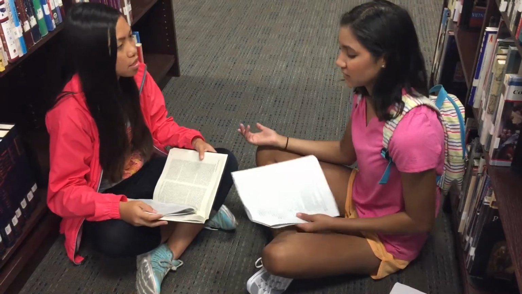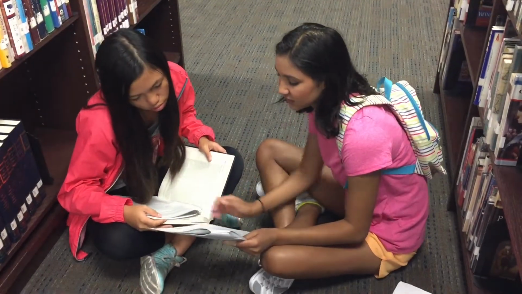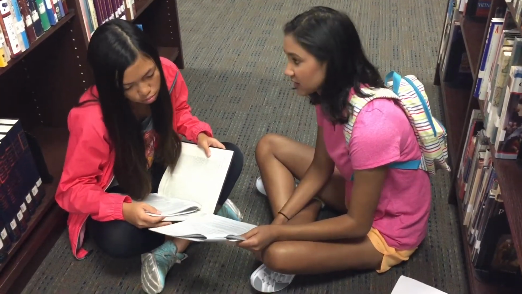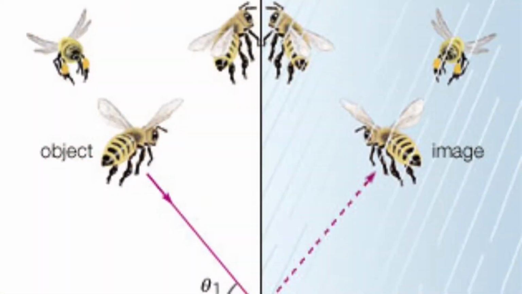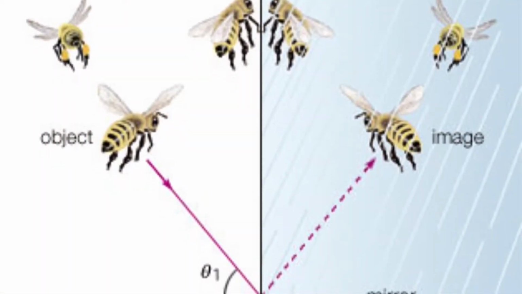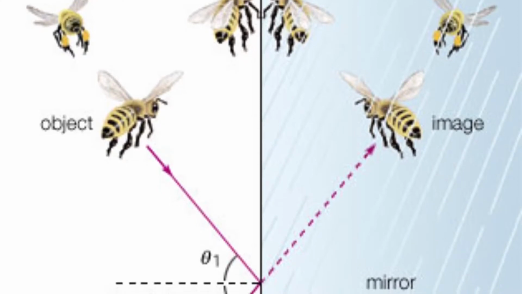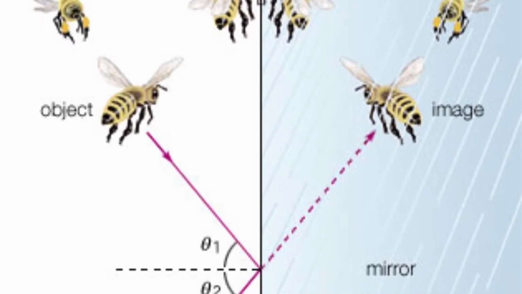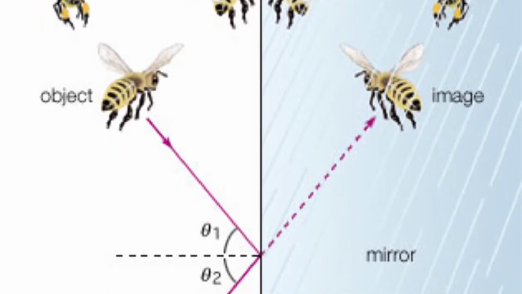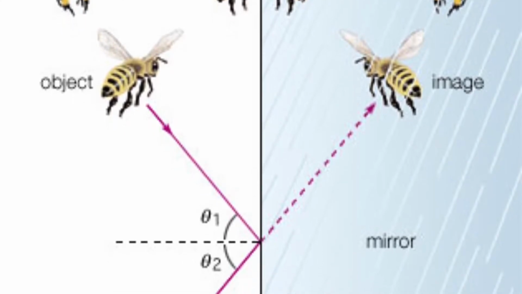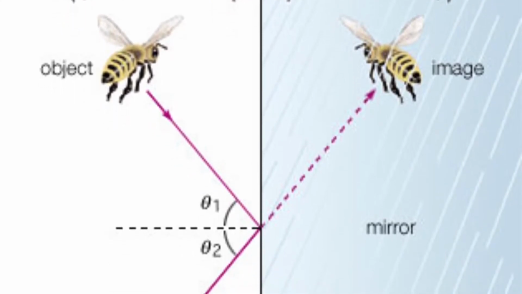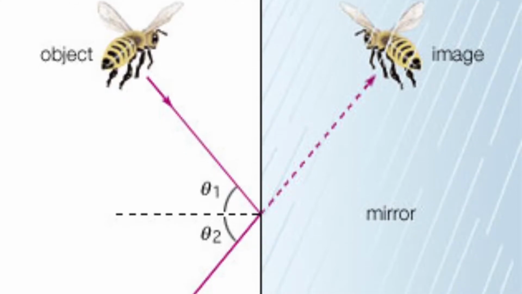Yeah, keep going. Okay, now let's talk about identifying characteristics of an image formed by a plane mirror and a convex lens. A plane mirror is a flat mirror that reflects light in a regular way. A plane mirror reflects rays of light so they can change their path. All mirrors can create virtual images. The image appears behind the mirror and is reversed, as the light rays are reflected back to your eye at equal but opposite angles.